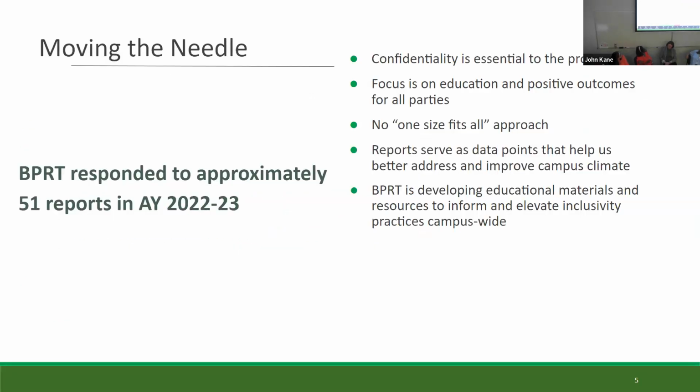And Christy, I'm going to ask you to help me with this slide a little bit, because you know all the numbers. Christy keeps great records of all of the reports we've been working on, and I counted it up last night, and we've responded to at least 51 reports in AY 22-23. So that's quite a lot of work. And 51 doesn't necessarily seem like that big of a number, but when you consider that there are at least 2 parties involved in every report, and it can be anything from students to faculty, to UUP, to CSEA, there are a lot of folks that are impacted. What it really means is that at least 100 people, maybe 101 or 2, my math isn't that good, but at least 100 people know